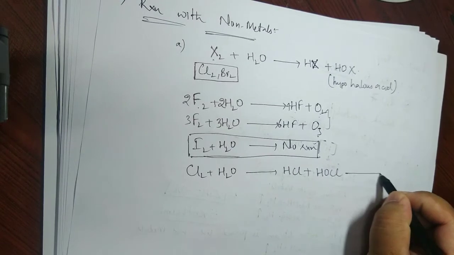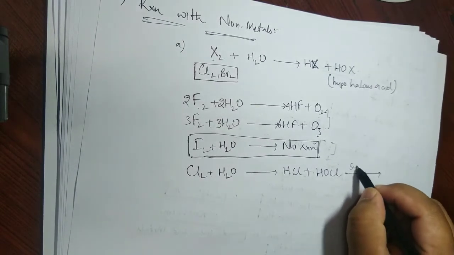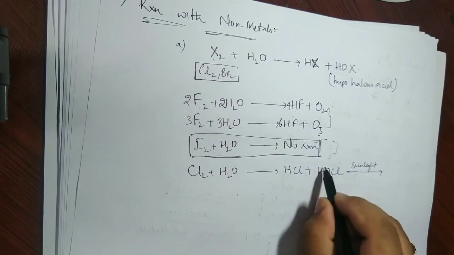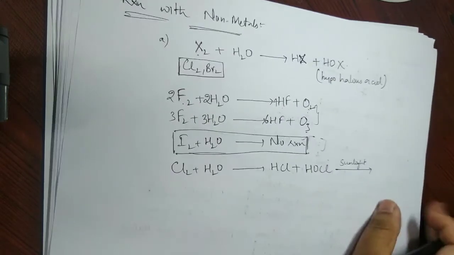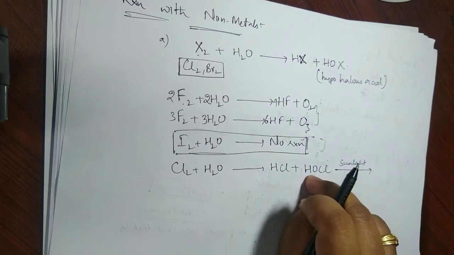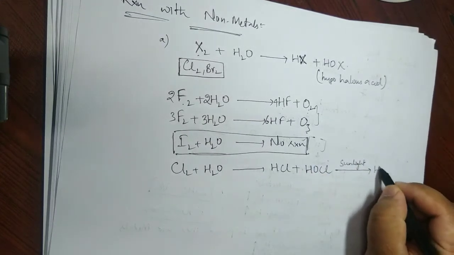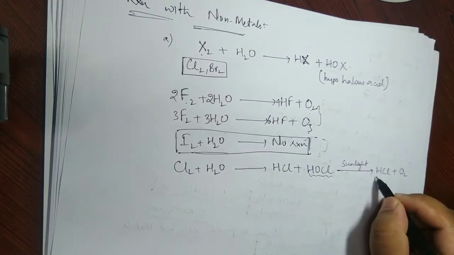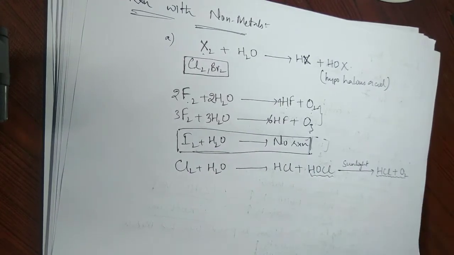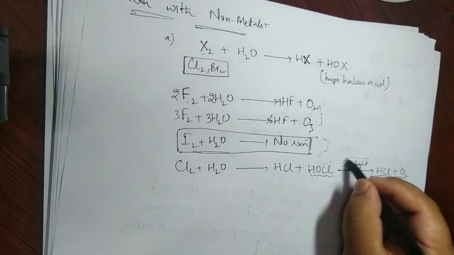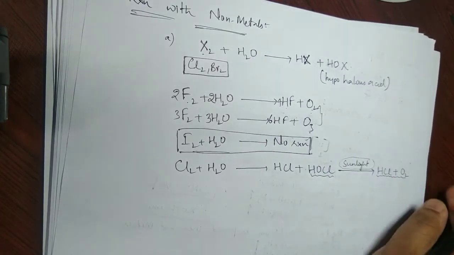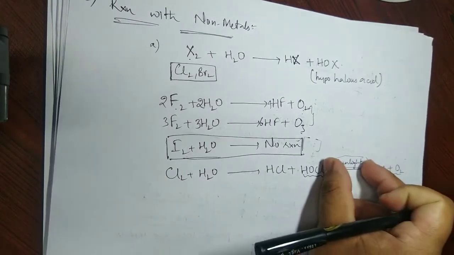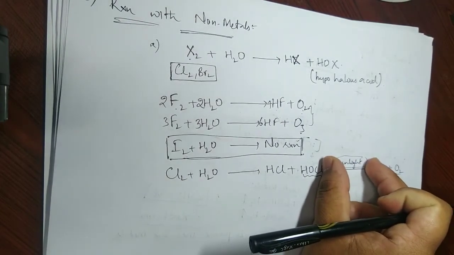If I further treat this in the presence of sunlight, HOCl will again break down into HCl plus O2. This one breaks down further only and only in the presence of sunlight. So while you are solving a question about chlorine and water, see that if the word sunlight is mentioned, the reaction